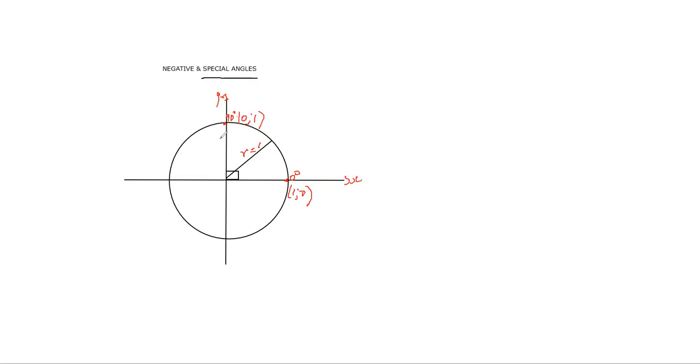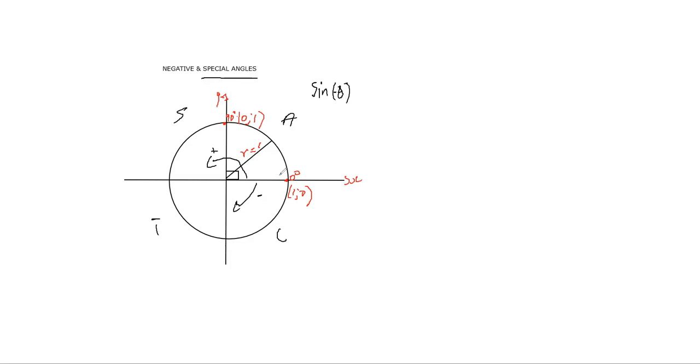When we discussed the CAST rule, All Students Take Care, if you remember that, we established that we measure positive angles anti-clockwise and negative angles clockwise. Actually, this was our discussion in the very first video when we were doing some orientation. Now, we established that, of course, positive angles is what we deal with mainly. It's not a problem. We now want to establish what's going to happen if I take a sine of a